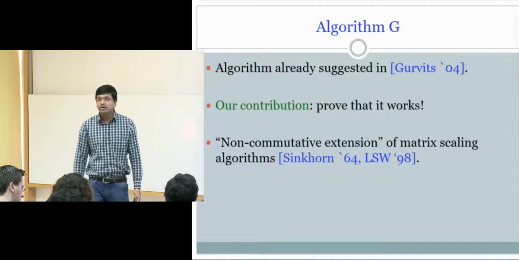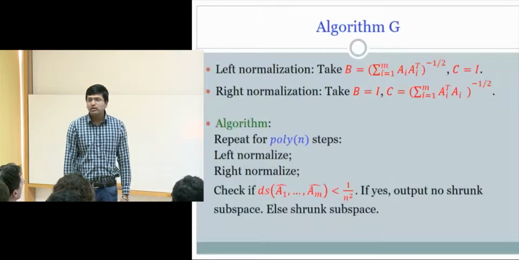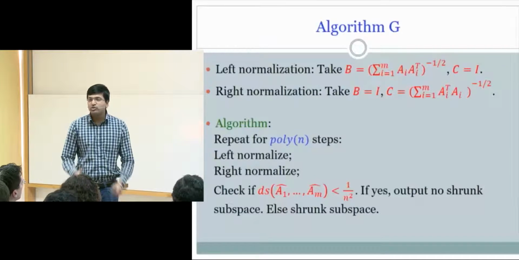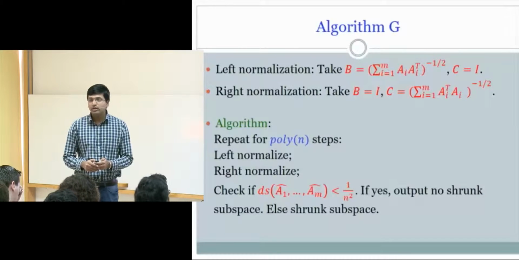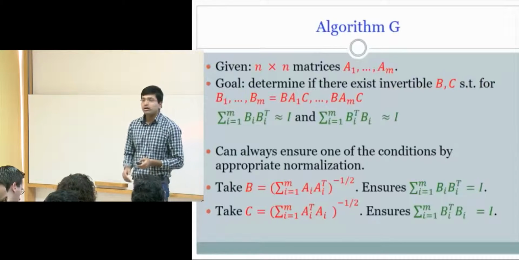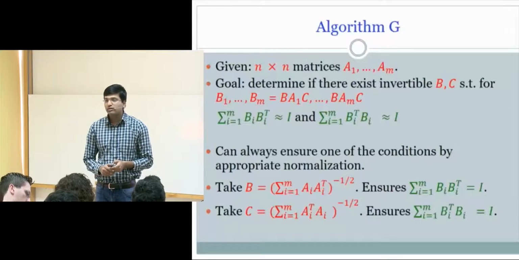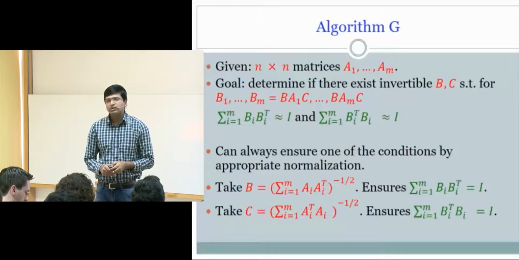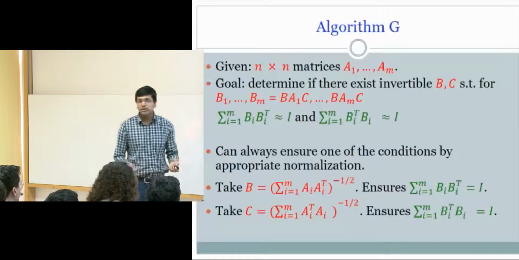So these matrices which you get in the end, are they close to rank 1 matrices? No, not really. The rank doesn't really change, because you're just multiplying A1 to AM on the left and the right by invertible matrices. But if you assume A1 to AM have non-negative entries? No, they are not assumed to have non-negative entries. Suppose we assume that. Then it seems that in the end you end up with 0 or 1 entries. But still, the rank doesn't change, right? Because we're just multiplying by invertible matrices.